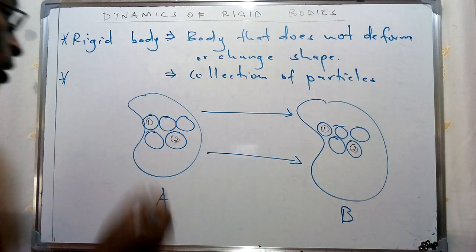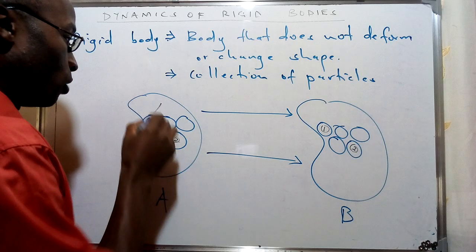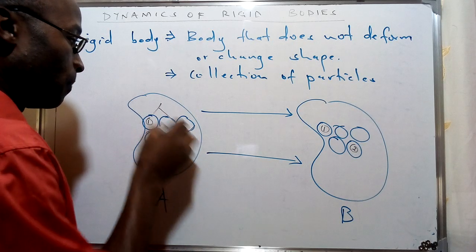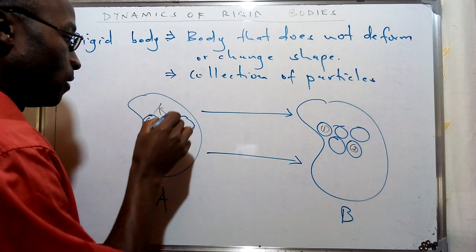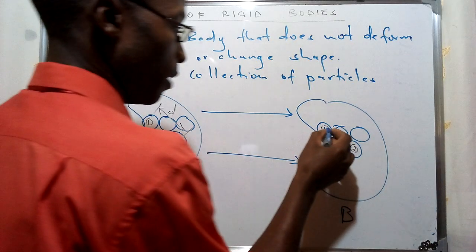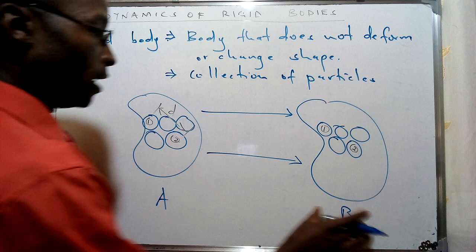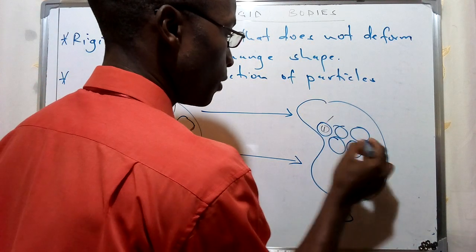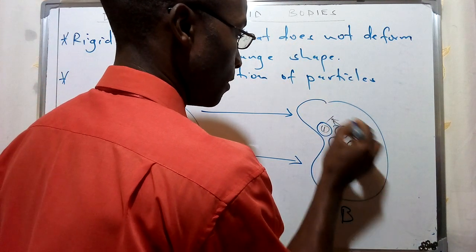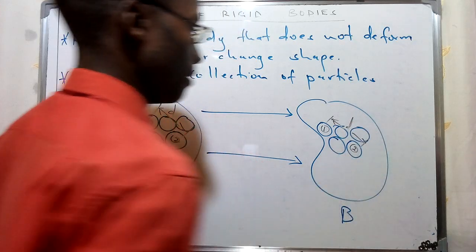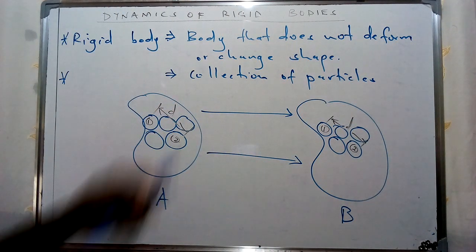So therefore, if we consider this specific distance between particle 1 and 2 given as such, let's have this specific distance given as d. Now, at a change from the position of this specific particle from A to B, we are still going to have this specific distance between A and B maintained as such, and therefore